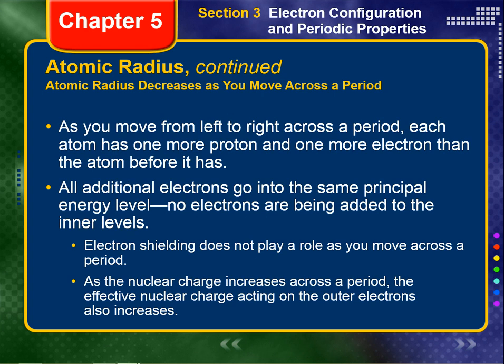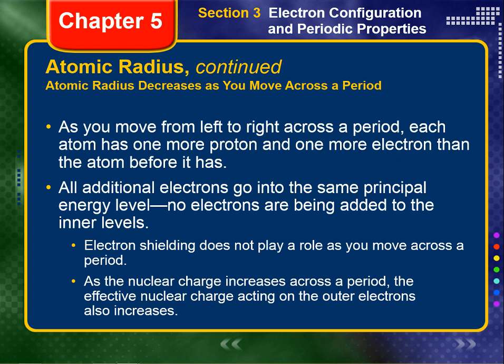But atomic radius, like we said with the graphic at the beginning of this portion, decreases as you move across a period. As you move from left to right across a period, each atom has one more proton and one more electron than the atom before it has. All additional electrons go into the same principal energy level, so no electrons are being added to the inner levels,